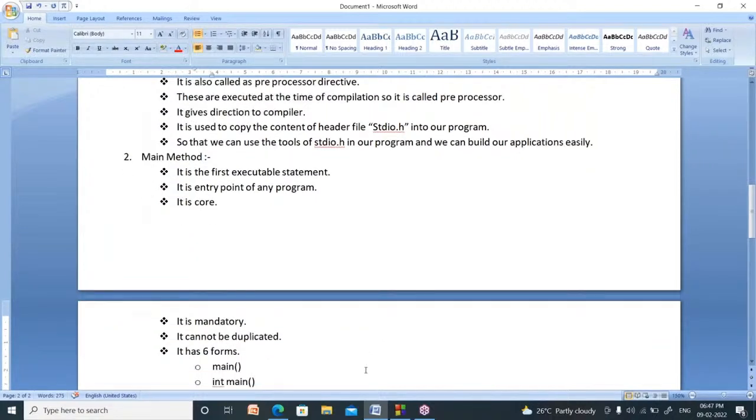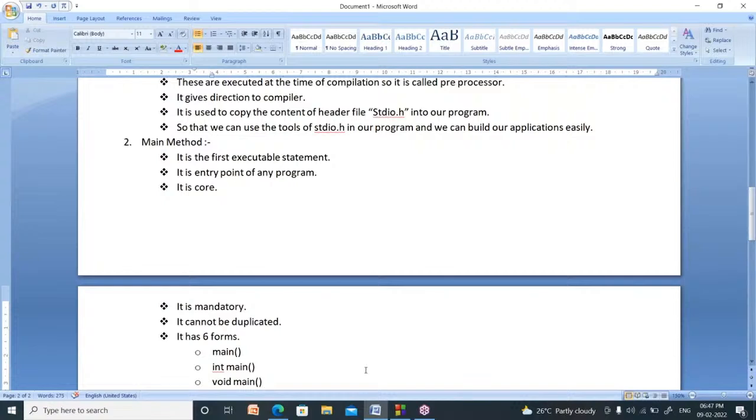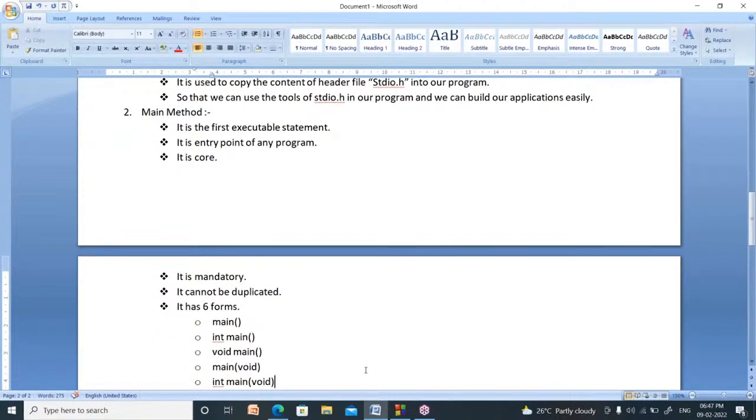Now, what is the main method? It is the first executable statement. It is the entry point, which means your program will start its execution from main. It is core, which means very, very important. It is mandatory, which means compulsory.